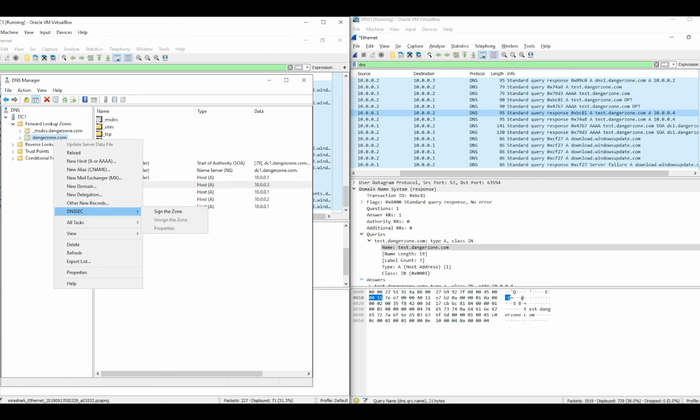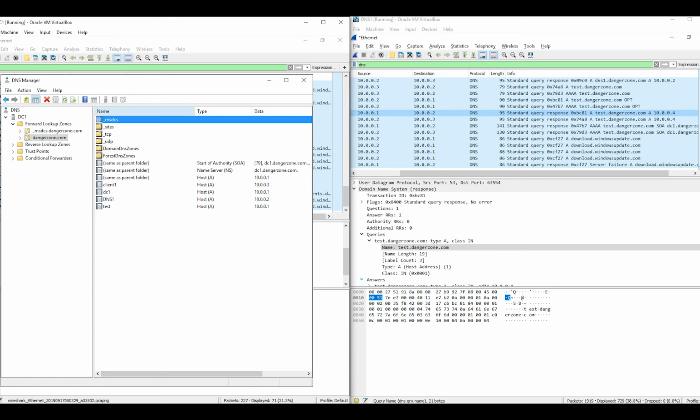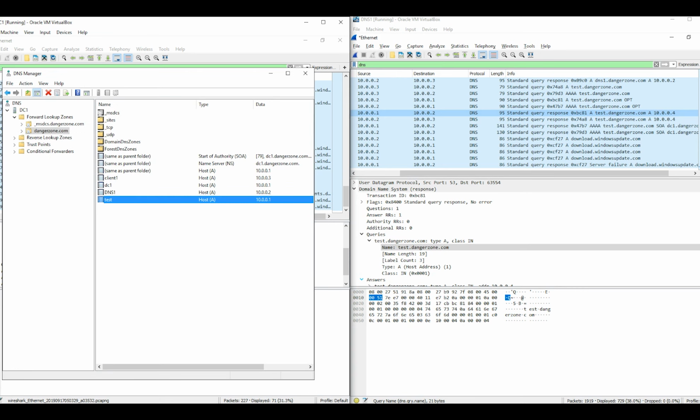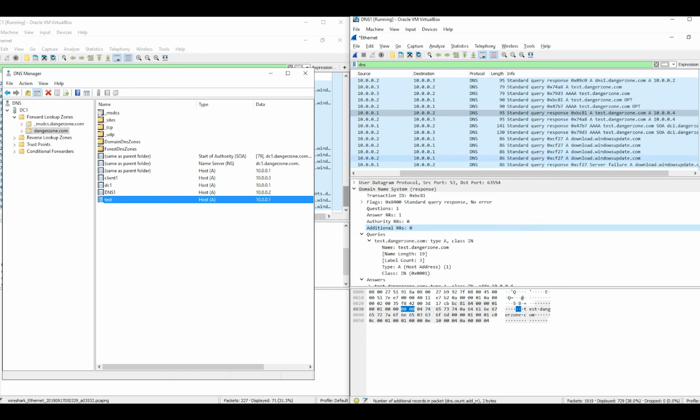First thing, as we can see right now, in the zone there are no keys, there are just entries. So we have an entry for client 1, for the test which we are using, and so on. What DNSSEC is basically doing, I don't want to go into the details, but to give you a brief understanding, is that the authoritative server, which is in here, will sign all its records and then distribute the key to the DNS server on the right side, which we'll show you how to do, and then the DNS server is